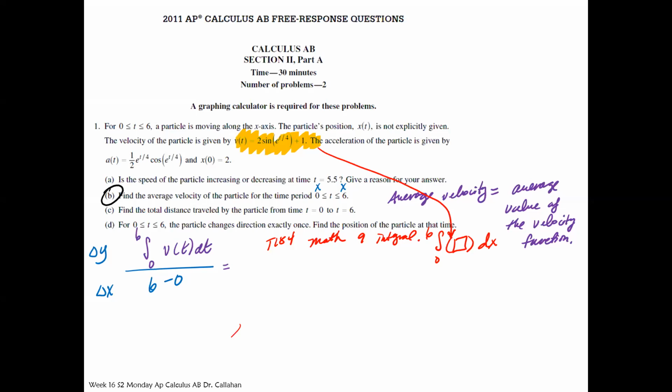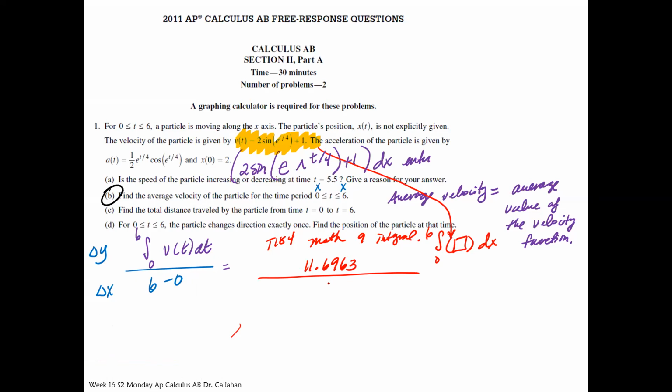So as you're putting this in there, just be careful when you're looking at E. Make sure you put the little caret so that you have T divided by 4. Make sure these two are in parentheses so that you don't have that messed up. And make sure you have the 1 on the outside with another parenthesis around the 2 in the sine, and make sure you put dx. And once you hit enter, using your graphing calculator, your answer for the numerator should be at